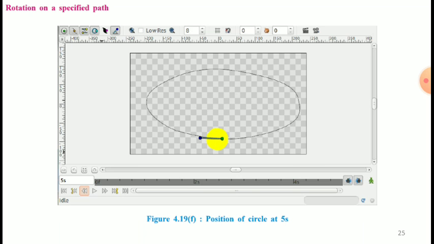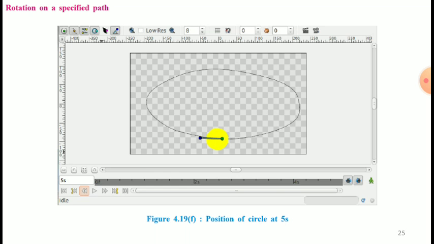So figures 4.19a, b, c, d, e and f show the circle dragging from the starting point to the ending point, and the timeline in each image shows the position of the circle at the particular times.